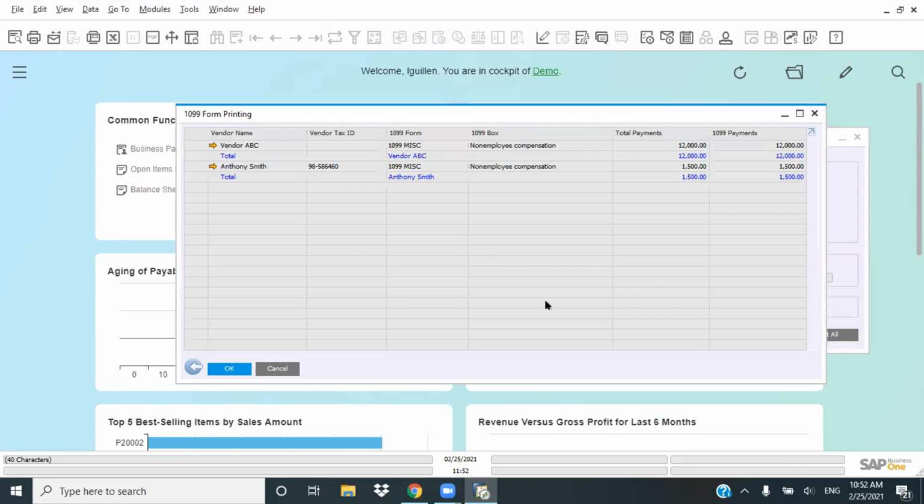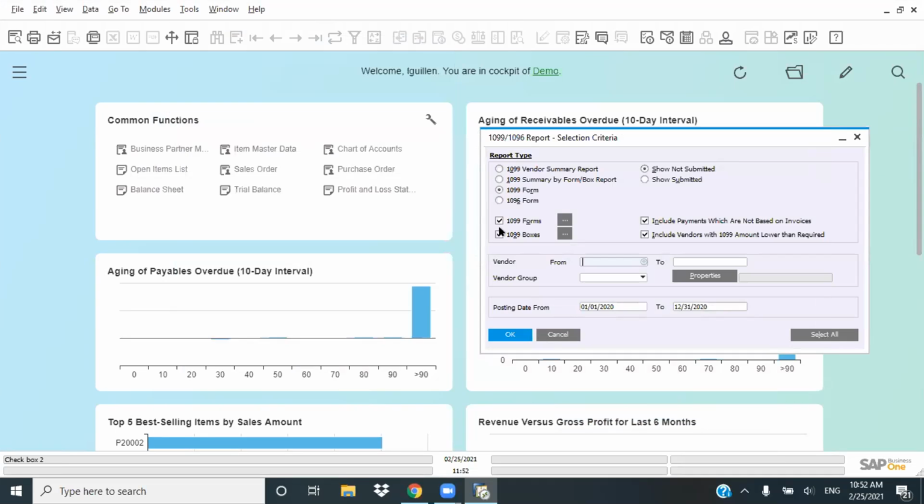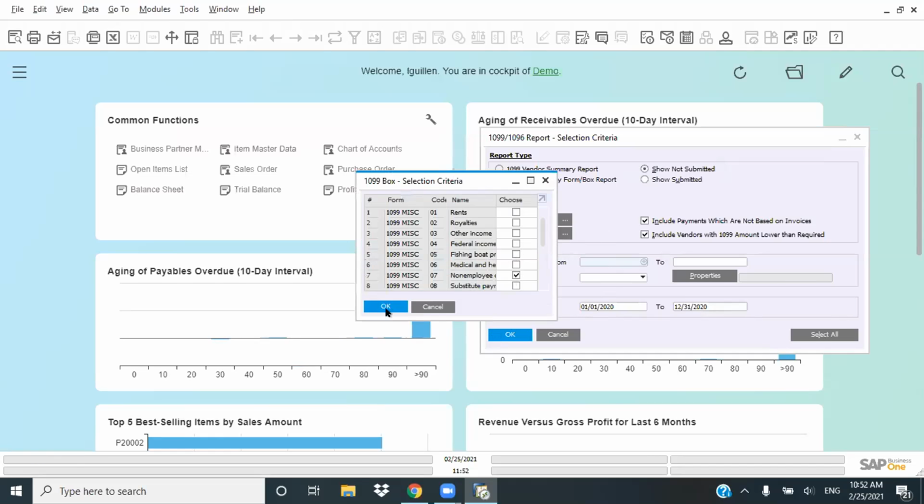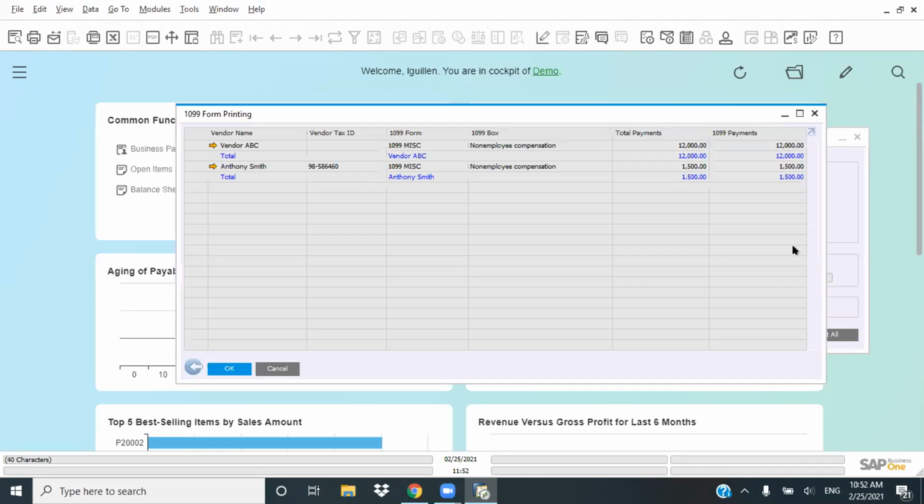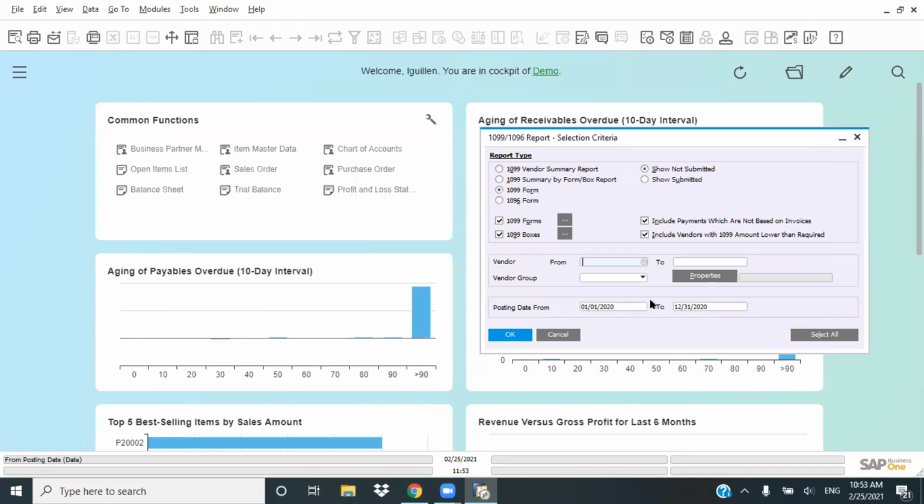Let me go back here and submit it, not submitted, and it should be part of it now. Let me just double check here. Yes. Okay, yes, it's only showing this particular one because the payment was done in 2021. I do apologize for that, but since it was paid in 2021, it's not going to show here. It's going to show for the next